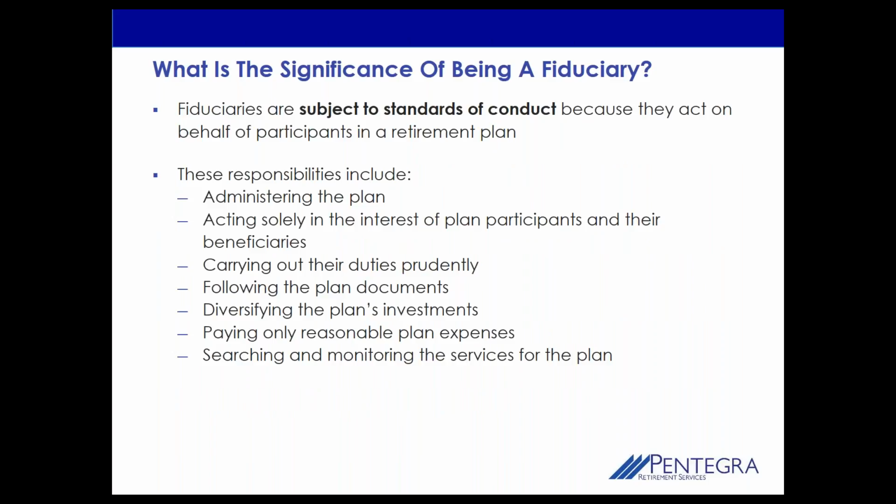So again, here's a little bit of a list of some of the things that go on administering the plan, and that could be anything from hiring a record keeper on a 401k. It could be hiring an enrolled actuary to do the actuarial work on a defined benefit plan. It could be hiring an administrative firm or a law firm even to create a plan document and to draft plan amendments and update other plan documents like summary plan descriptions, right? It could be hiring an investment manager or an investment firm to take on that duty and that role. It could be retaining the services of a trustee of the plan.